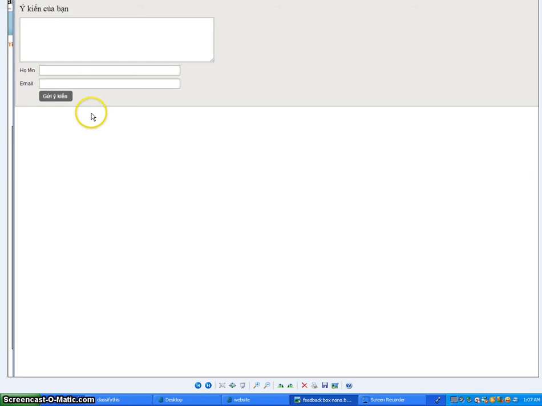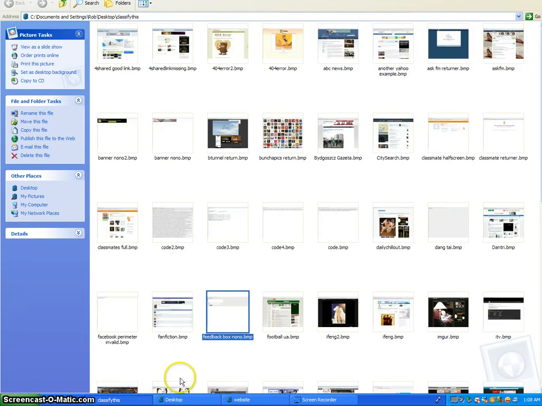Alright, here's one. It's just a feedback box. Clearly this does not follow their guidelines. I click no for this. Not a full page of content, because that's what it is.